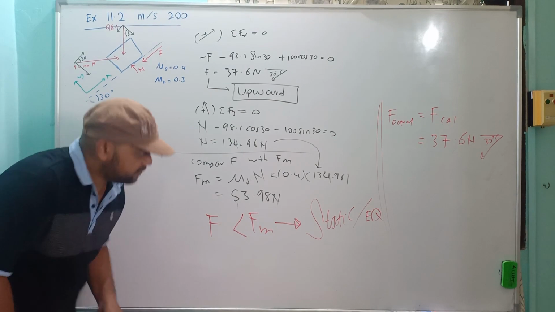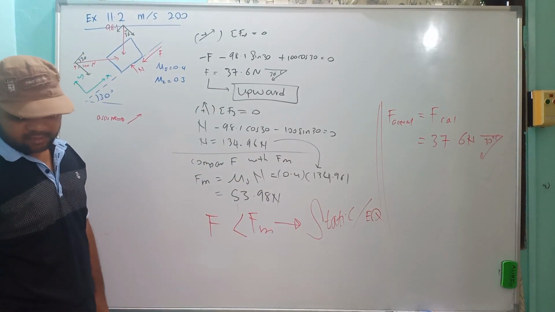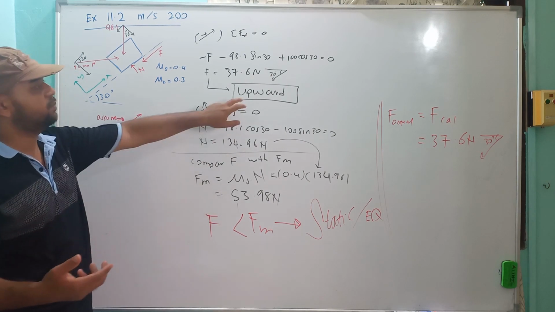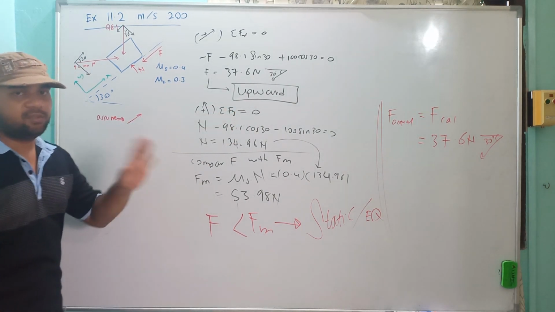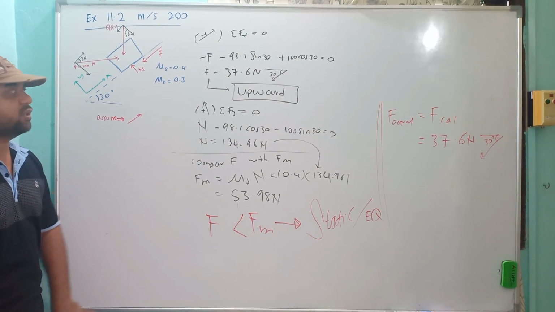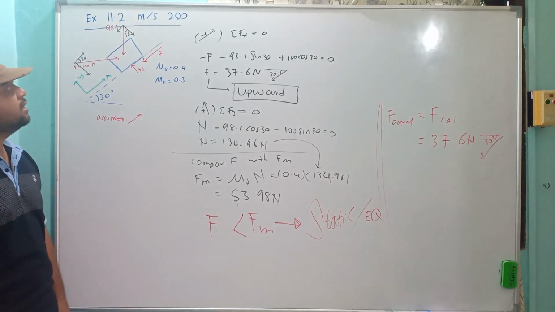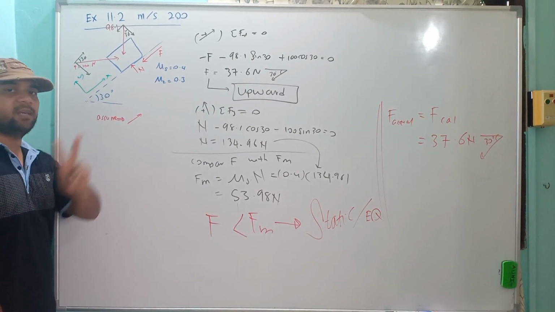Okay, so static equilibrium, you don't have to mention. But if the question asks you the tendency to move, we will put it upward. You have the tendency to move upward. So that's it. Two examples, one moving and the other one static. So we go to the second type of friction force, category number 2, later.